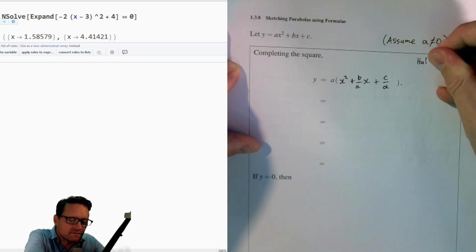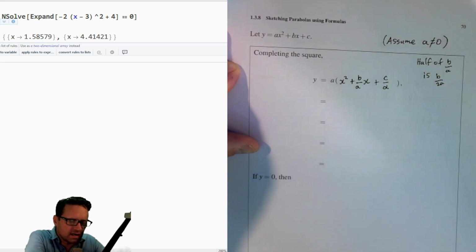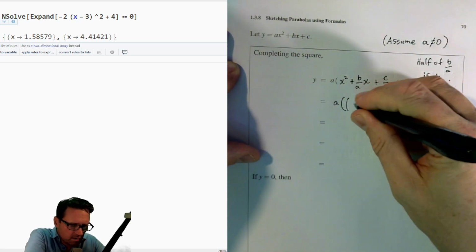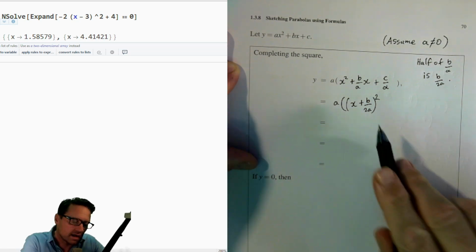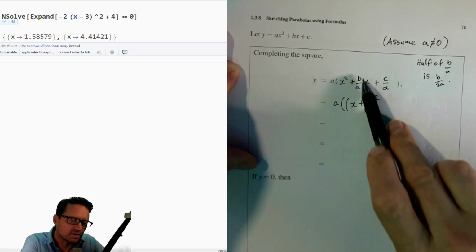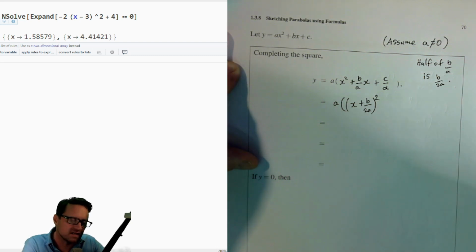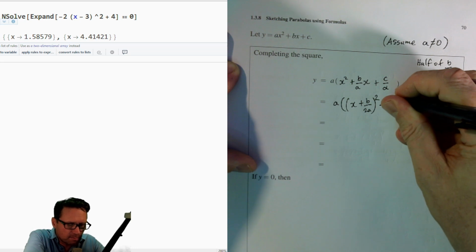I'm going to note half of b over a is b over 2a. Remember what I do with that, I pack that into a square: x plus b over 2a, and that's all squared. If I were to expand this, I would get x squared plus b on a times x plus b squared over 4a squared. So I need that b squared over 4a squared to go away, and I achieve that by